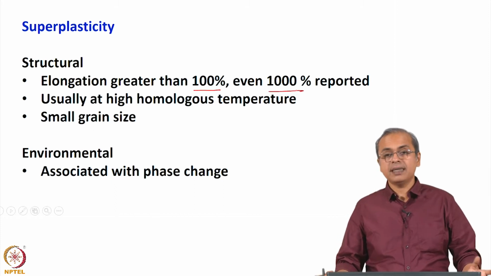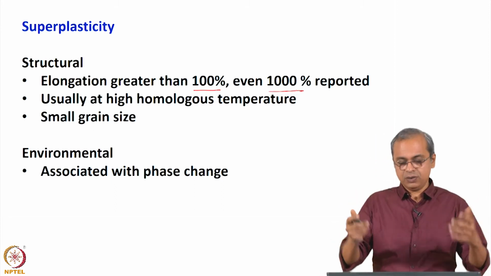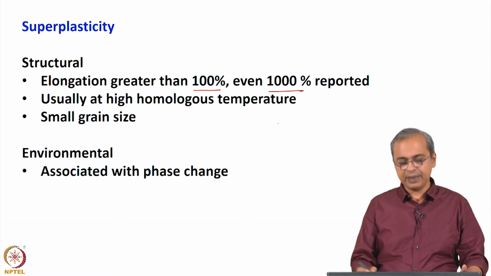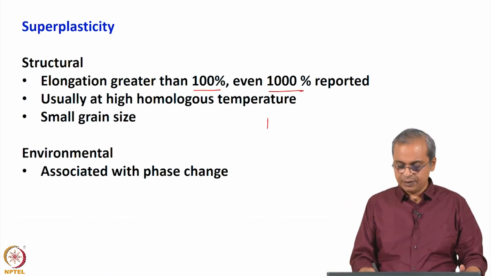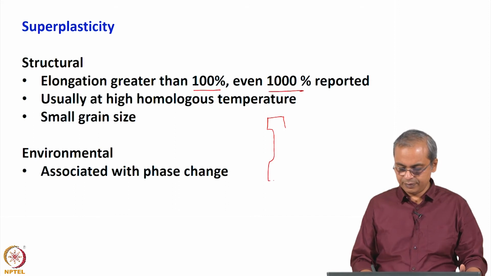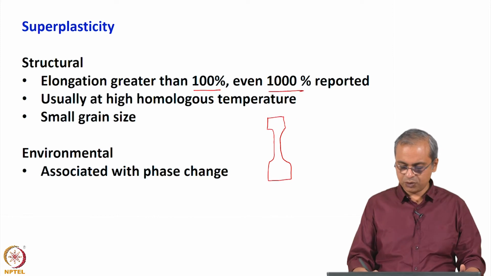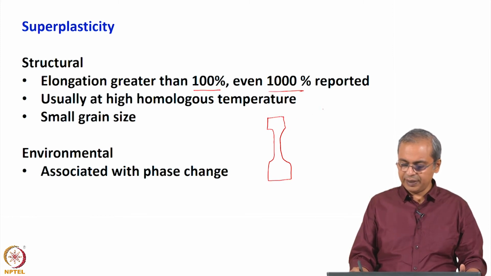What do we mean by that? So you do a tensile test. So let us say you take a sample and you do a tensile test, and let us say that is your dog bone sample. And then you do a tensile test on this. So as you start testing it, you eventually have some necking process. So initially you are only seeing